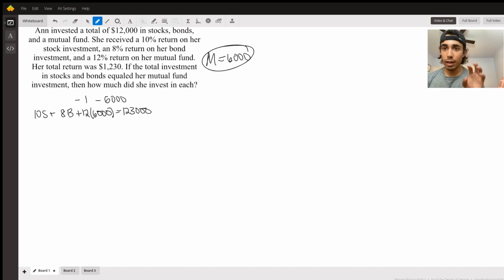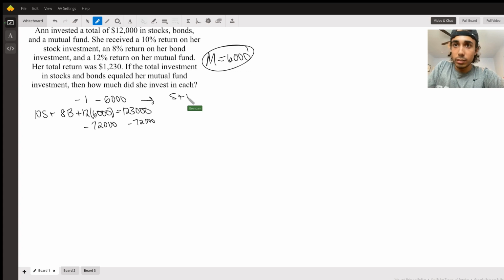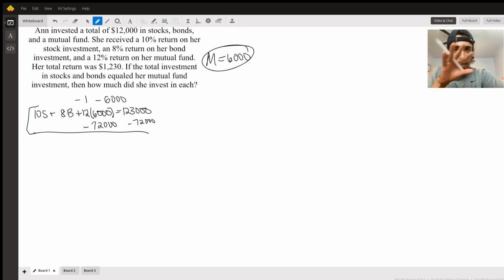We'd solve for m. We've got s plus b is 6,000, and then we've got this other equation right here. So 12 times 6,000 is 72,000. Let's subtract that on both sides. I'm not worried about this top equation yet. We're just looking at the second one. We're moving that number over to the other side: 10s plus 8b equals